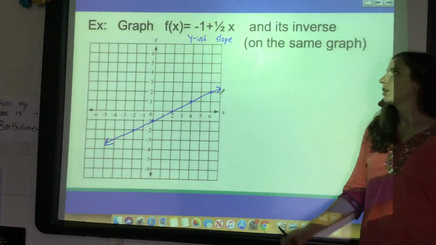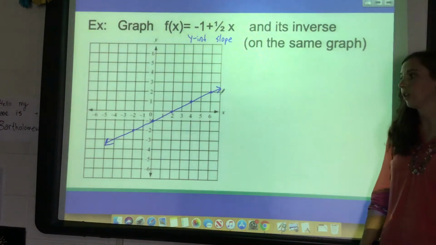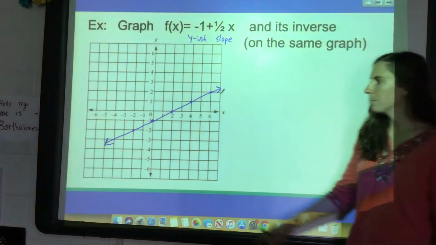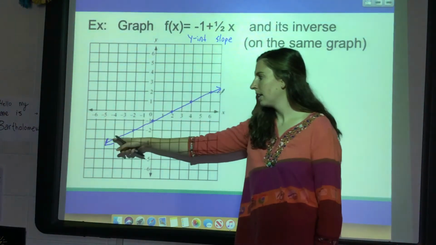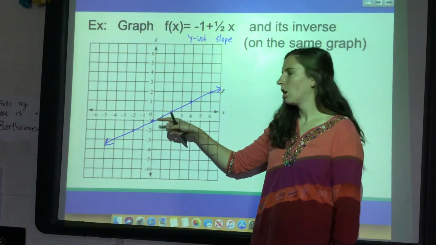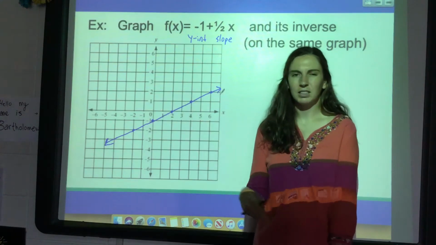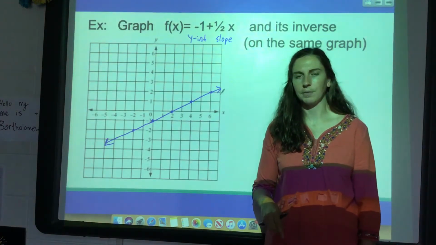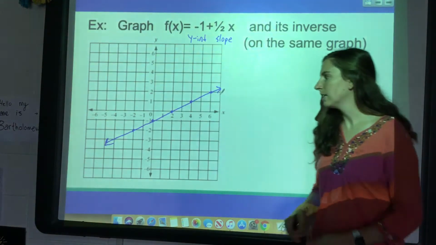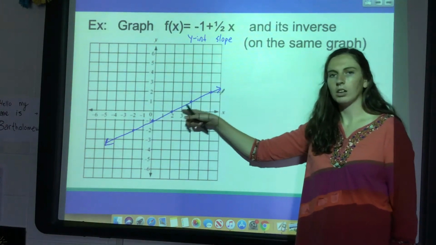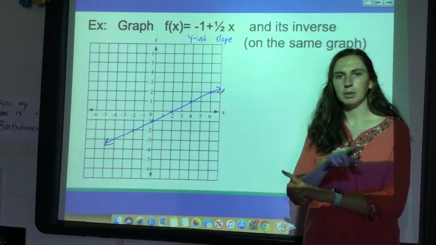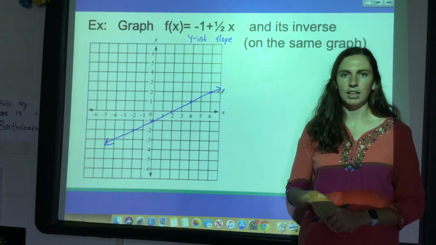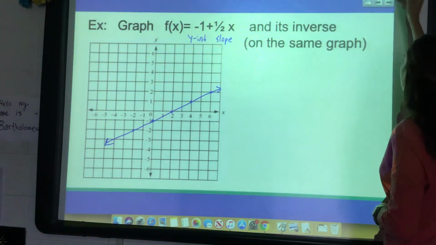It also asked me to graph its inverse on the same graph, and so I might try to draw a line that's a reflection of this across the line y equals x, but it's kind of hard to be precise when you do that. So what I would recommend is pick some points along this function and flip them, because that will be a point in your inverse graph. For example,